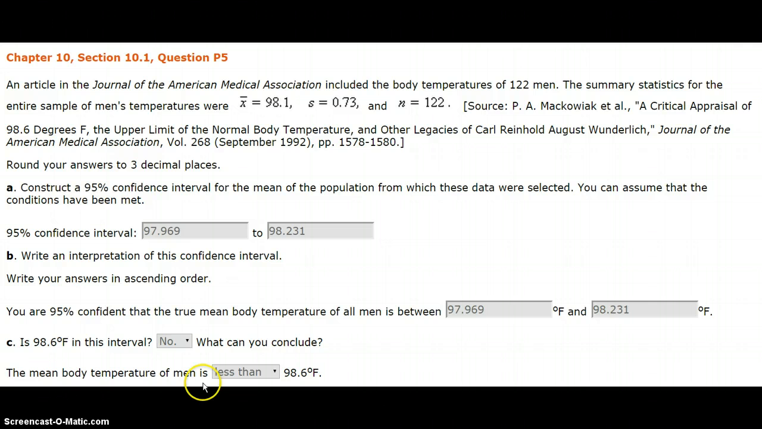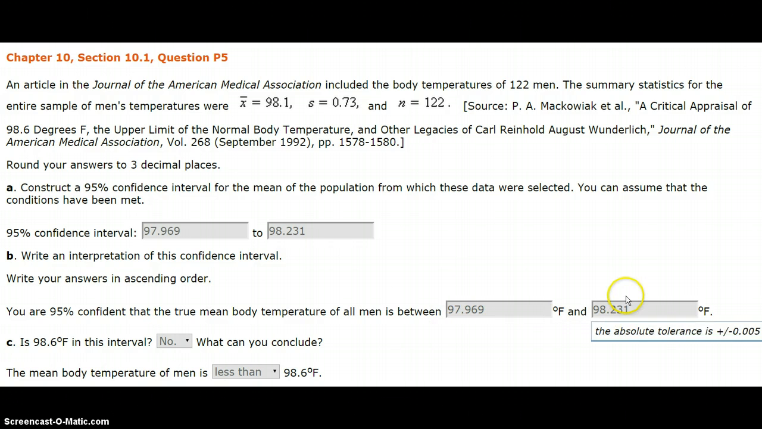Is 98.6 in this interval? In my interval, it's not. It may be in yours, but mine goes up to 98.23, so it's not in that interval. Because it's not in that interval, I'm going to say that the mean body temperature of men is probably less than 98.6 degrees. In other words, that projected average temperature doesn't seem to be fitting well with the data we're actually getting. The data we're getting suggests that the real actual mean body temperature for men is somewhere between